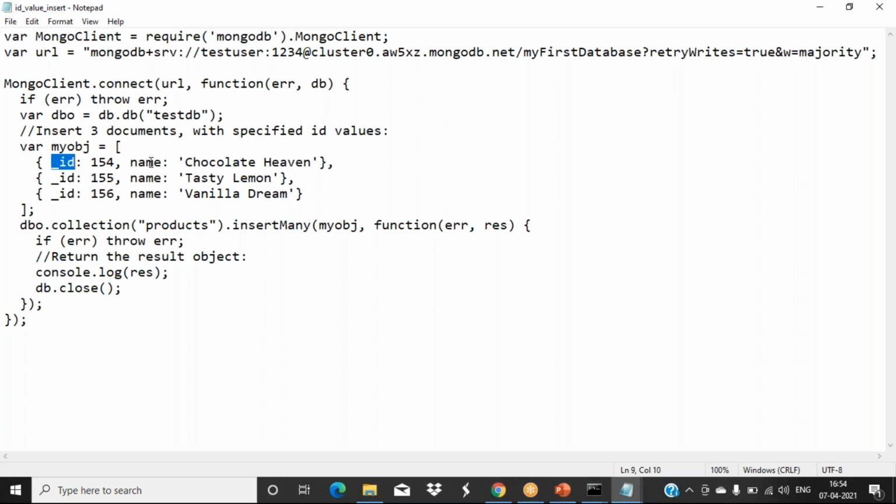Other than this, for the other properties you can give whichever names you want, but the id we have to give in underscore id only, colon, then whatever value you want to create. Otherwise it is auto generated with a different kind of values. If you want it like this, you have to type it in your program. We are using insert many, so at a time these three values we can insert.